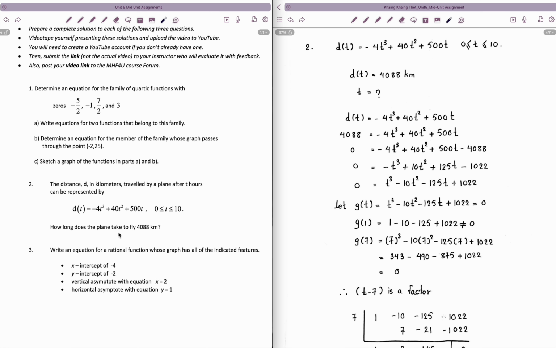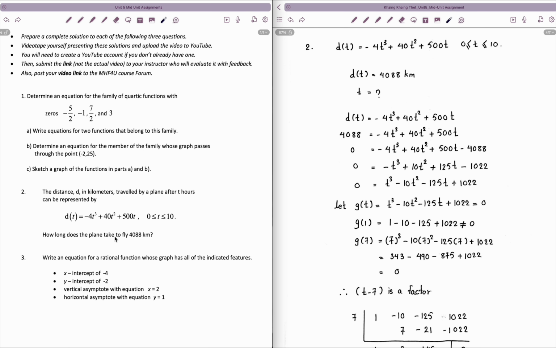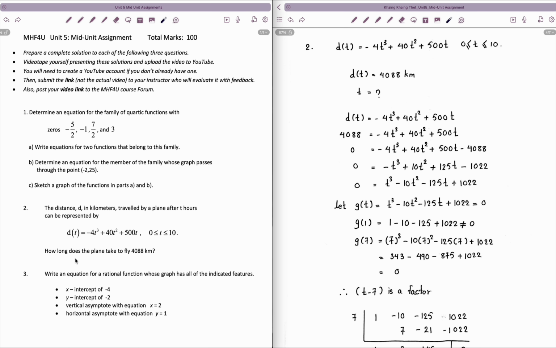How long does the plane take to fly 0.88 kilometers? Using the given equation, d of t equals negative 4t cubed plus 40t squared plus 500t, where t is greater than or equal to 0 and less than or equal to 10, the value of t is